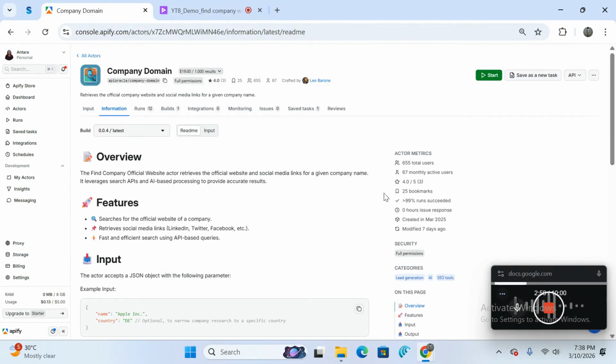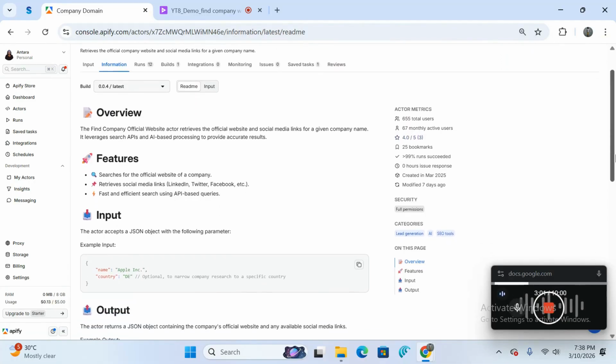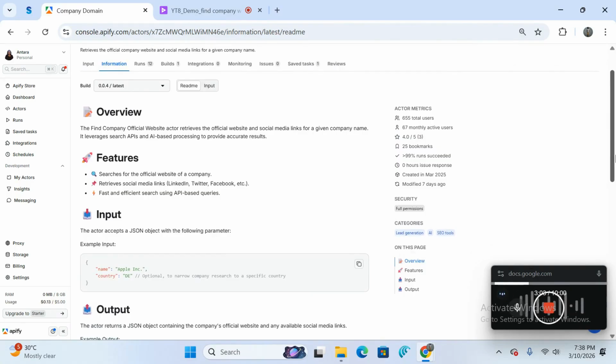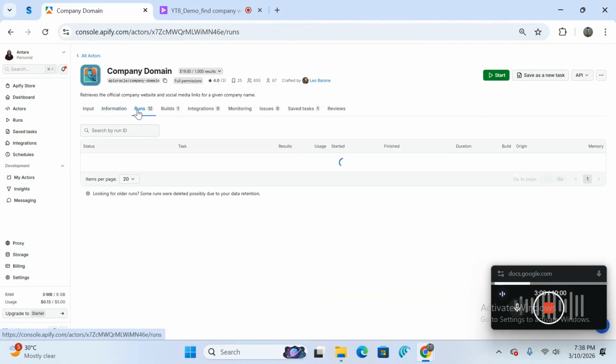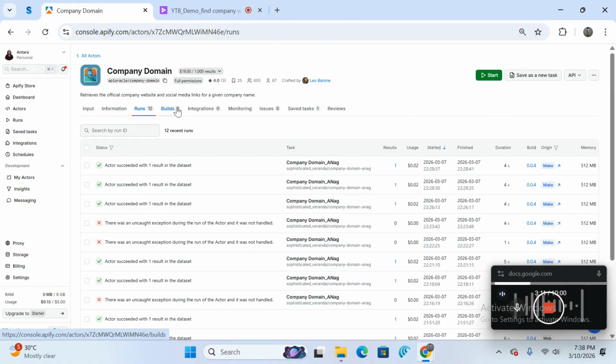On the right-hand side, it has the active metrics: how many people have used it so far, the monthly active users, the rating it has, and the percentage of runs that succeeded. You have to see this information very clearly. I have probably run it a couple of times, so it shows 12 runs.